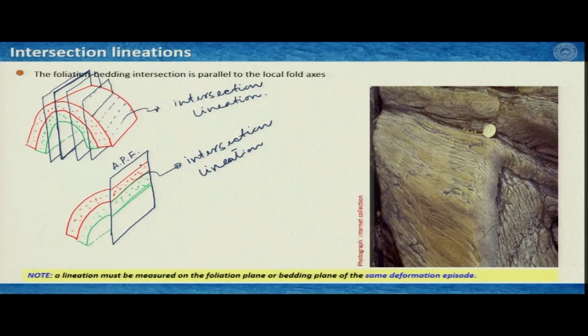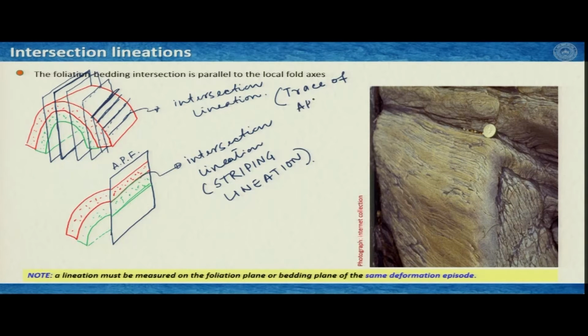But these appear as striping lineation. And here these are the trace of the lineations. Now, we see that the trace of axial planar foliation on the bedding plane, in this case if we measure their orientations. So, this is trace